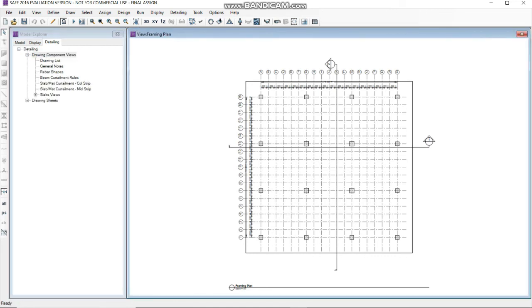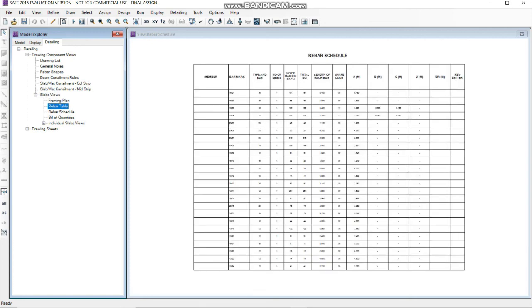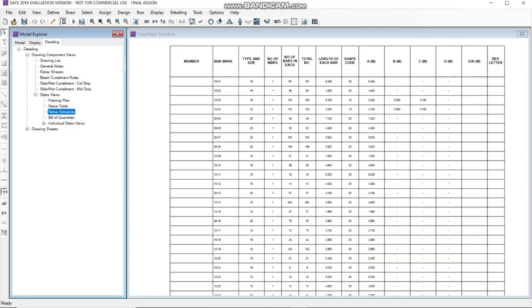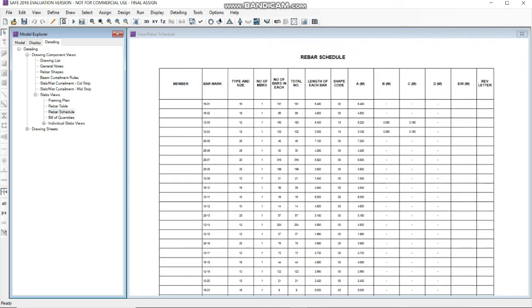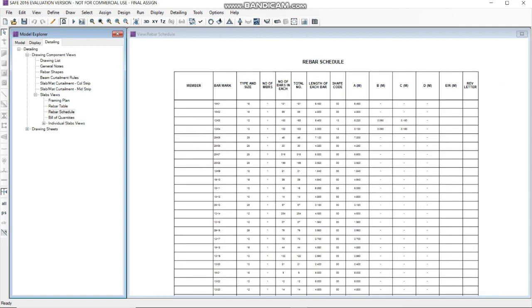Go to drawing, component views, click on slab views, click on rebar table. So you can see the rebar schedule table over here: which type of steel we are using, how many steel reinforcement bars we are using, length of them, everything will be given in this detailing option.